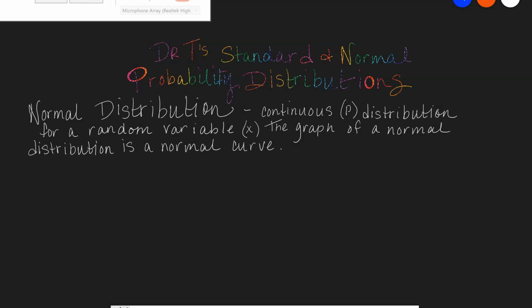In this Dr. T's Research Methods Basics video, we're going to talk about the standard and normal probability distributions. Now, a normal distribution is a continuous probability distribution for a random variable. We'll call it x. The graph of a normal distribution is a normal curve. What does this mean? Well, let me give you a couple of remarks about some symbols that we use all